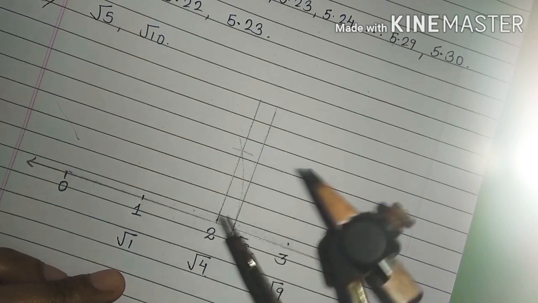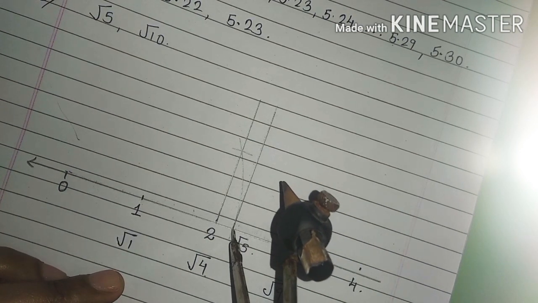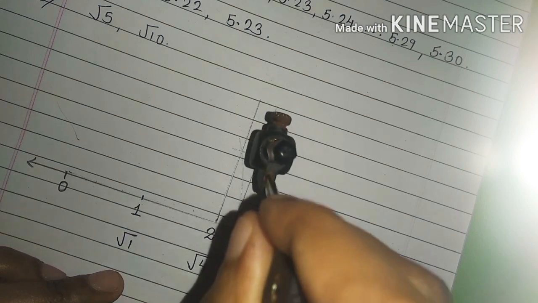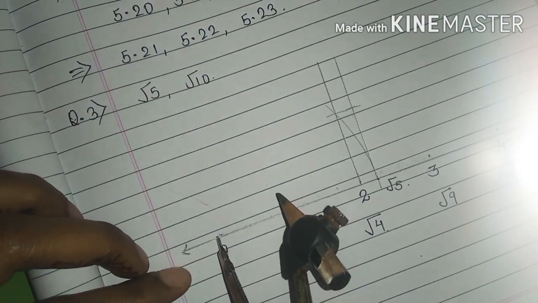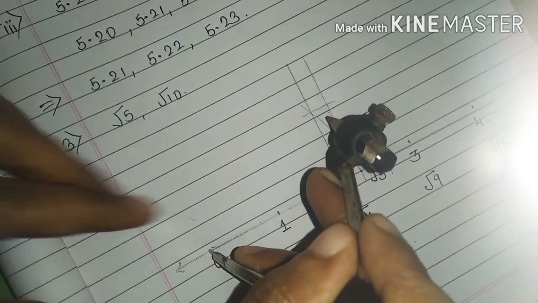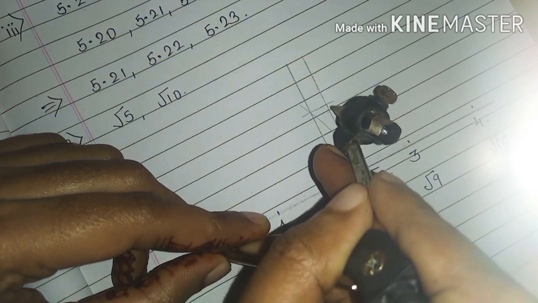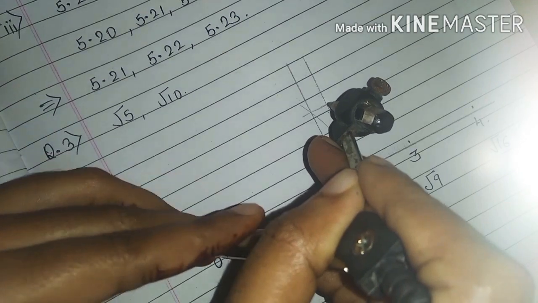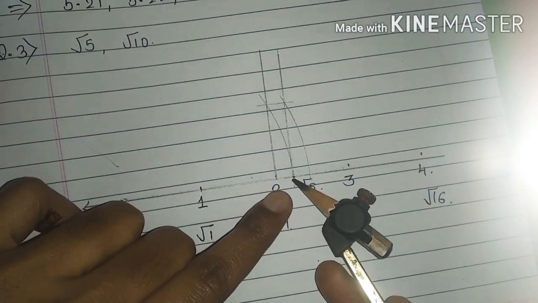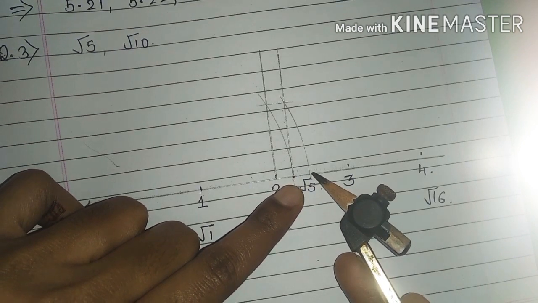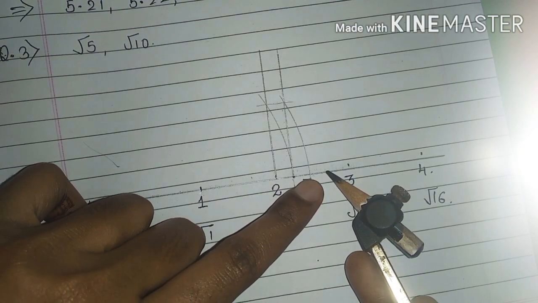Now keep your pointer on this point on the perpendicular line and draw an arc. Now keep your pointer on 0 and, using this intersecting point, draw one more arc. Okay, now after this root 5, it will be root 6, and then after this you will get root 7